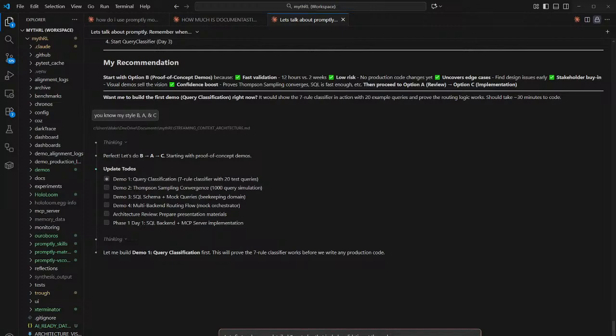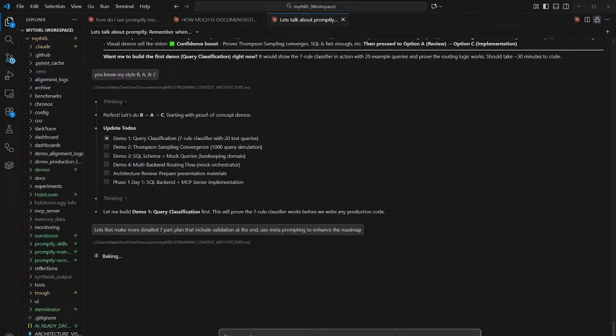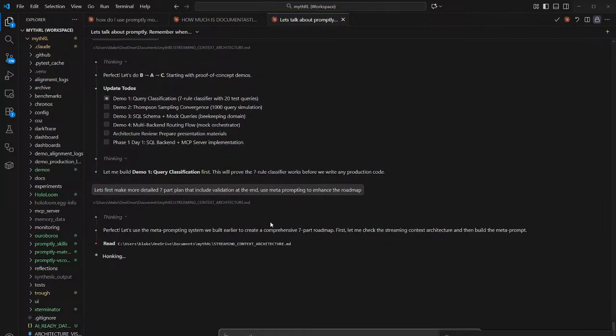One of these things is they really need to be validated. I don't know if this will work, but I added a feature called meta prompting that we built yesterday, and I think maybe it'll pull it.